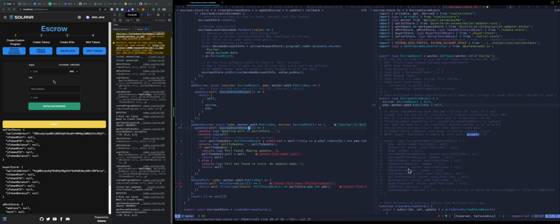So in the store, it's going to be this, which inside again has an individual single escrow object. Updating. Clearly I was debugging some stuff there. I think I'm going to just get rid of it